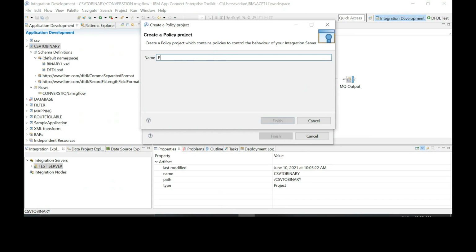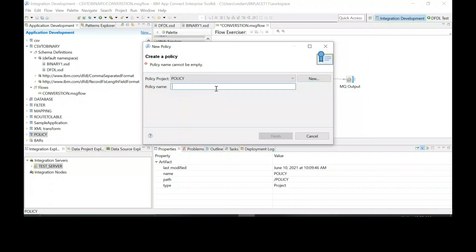Name that as something. Policy name can be Policy_London or something like that. Click on finish.